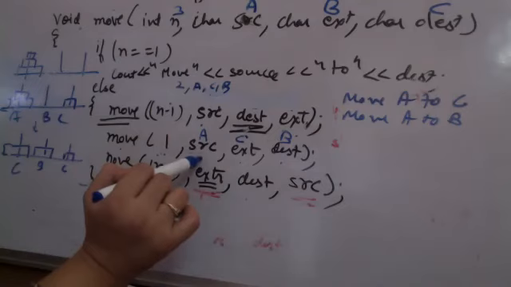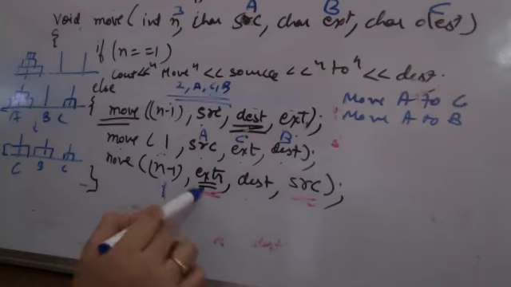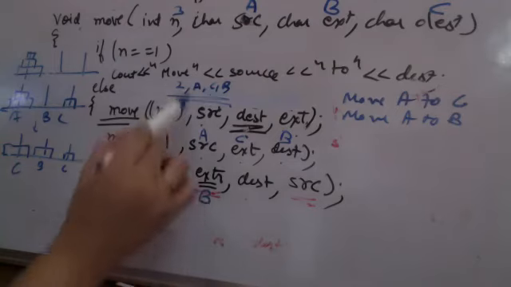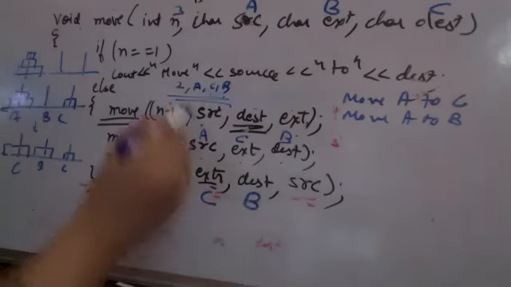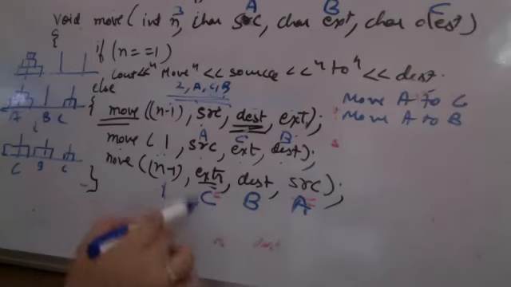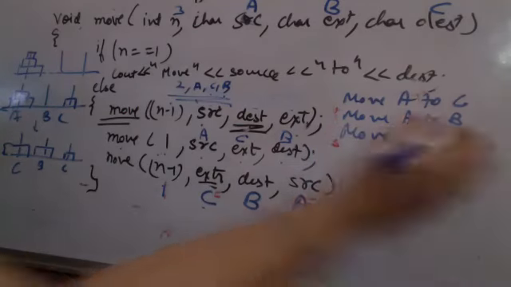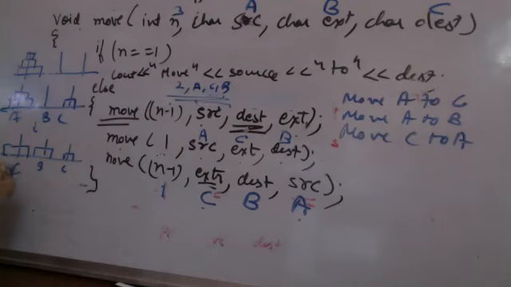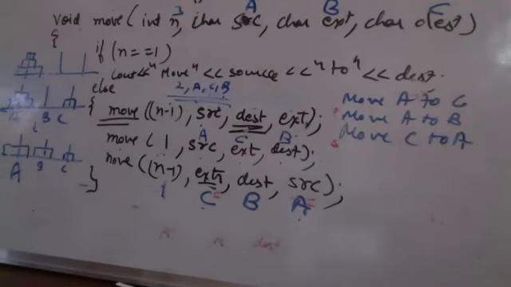Now when I am coming back from this call, I am still in this call. 2 ACB की call में है. Again this will be called for 1. Now I am having this extra, A C B में C was extra. C से move करना है, destination was B and A was the source. So I have to shift now from C to A. So I will be having move C to A. So when I will be moving from C to A, I will be moving the smallest one from C to A. So I will be moving back. When I am dry running this, I will be moving back.